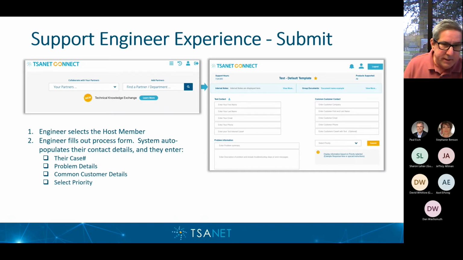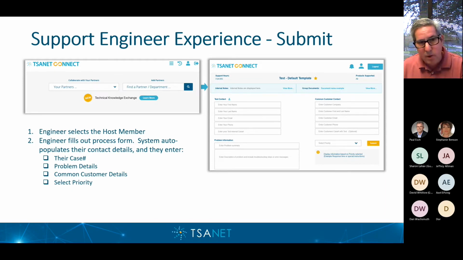This gives you an idea, and I'm actually going to go into the database and show you. Everybody has their own landing page that they come into, and you'll be able to see the partners that you can collaborate with. Typically this is going to be a single partner, or in some cases a couple of partners where they've asked you to join into their relationship. You'll be able to see that, and then a form is going to pop up.